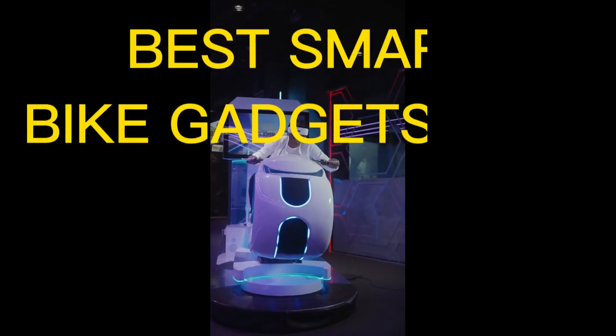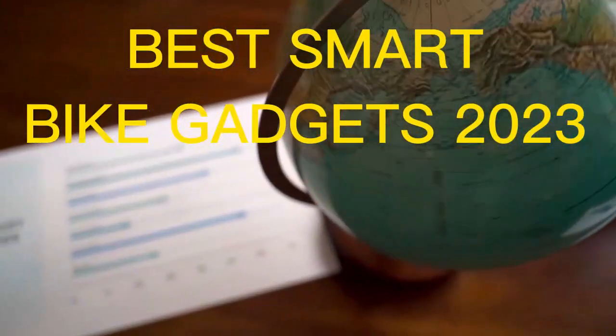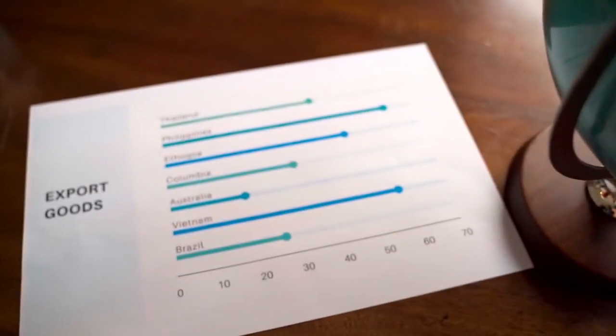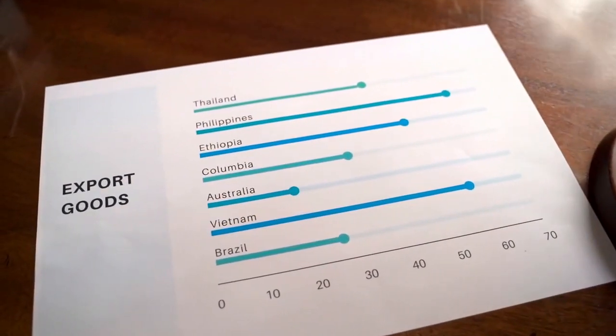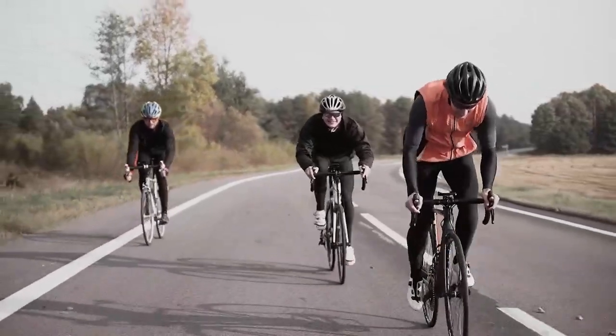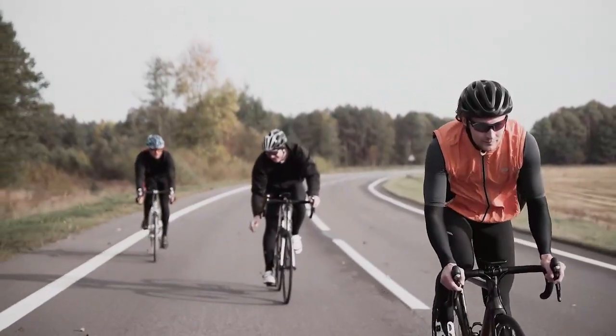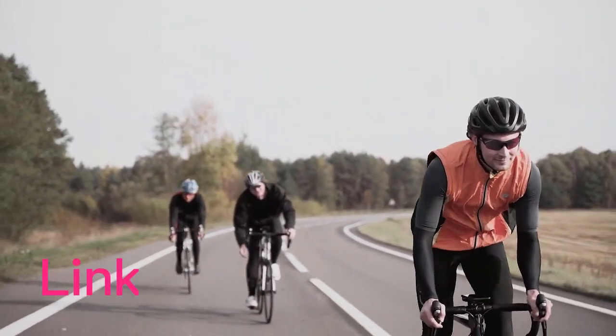I've done a lot of research, and put together a list of the best smart bike gadgets of the new update 2023 from trusted brands to help you decide. After extensive investigation, I discovered this stuff is profitable. People like you, if you are interested to know more about the price and other information, then without further ado,